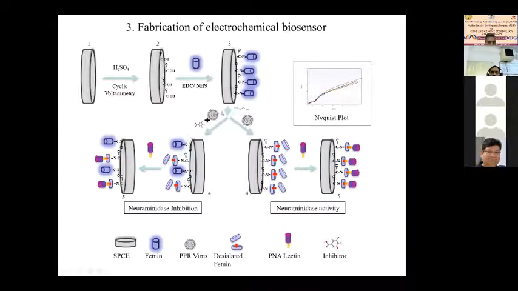The inhibitor molecule here: if you add inhibitor and it interacts in a competitive mode, the electrochemical signal that you get will have a different value here. And if it is PPR virus alone, the signal that you get for the neuraminidase activity would be different. So the PNL lectin was used for binding and detecting the neuraminidase activity over this electrode surface. It's a tiny dot of 1 mm over which this electrochemistry was done